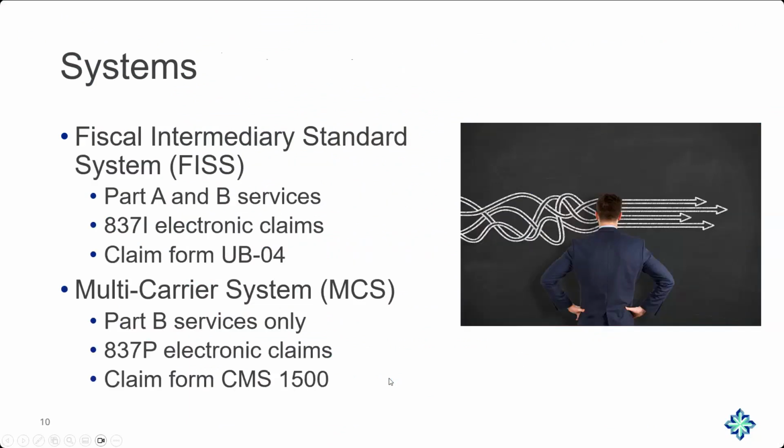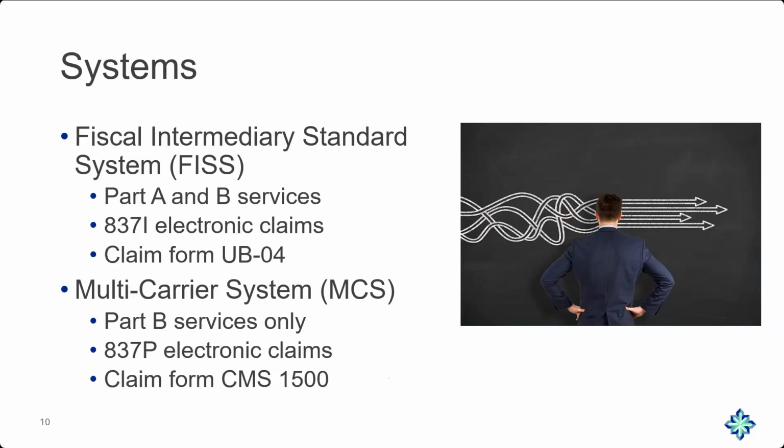From there, Medicare uses two systems to pay claims under traditional Medicare. Now remember, I said Part C, they have their own system, they do their own thing. We aren't going to talk about those systems. What we're going to focus on is the two systems that Medicare uses under traditional Medicare, which is A and B.